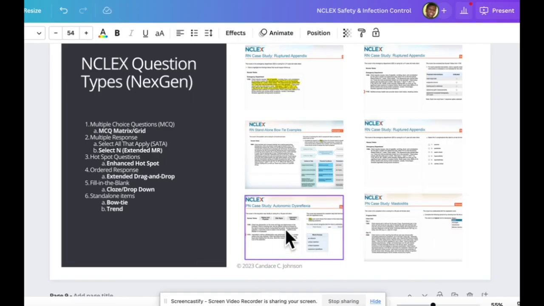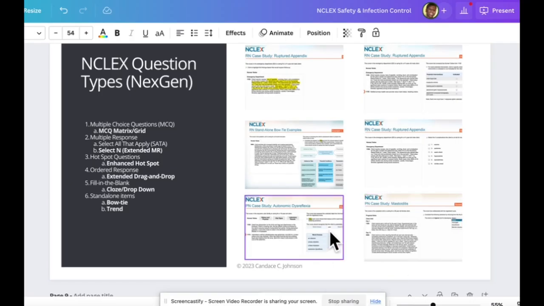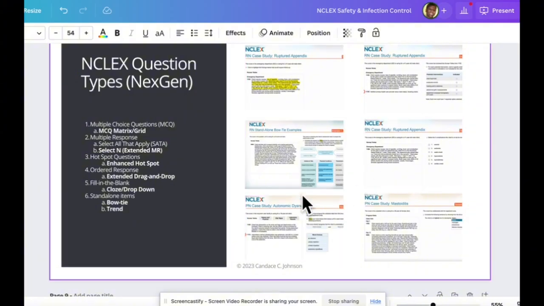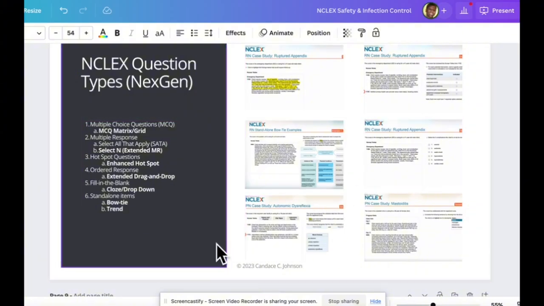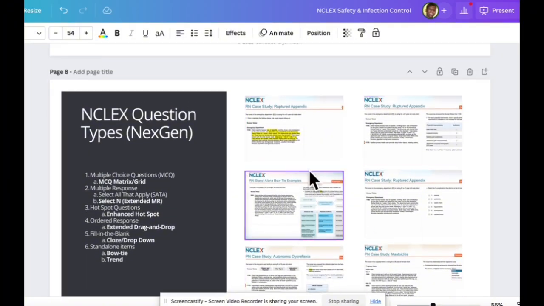And then there's the drag and drop style question, as well as the drop down cloze question, where you're answering a sentence or a couple of sentences using some options provided. Now, I know these are super tiny, hard to see, but again, check out the videos for more details on that. I just wanted you to know that this NCLEX has transformed, and that 10% of your questions will be